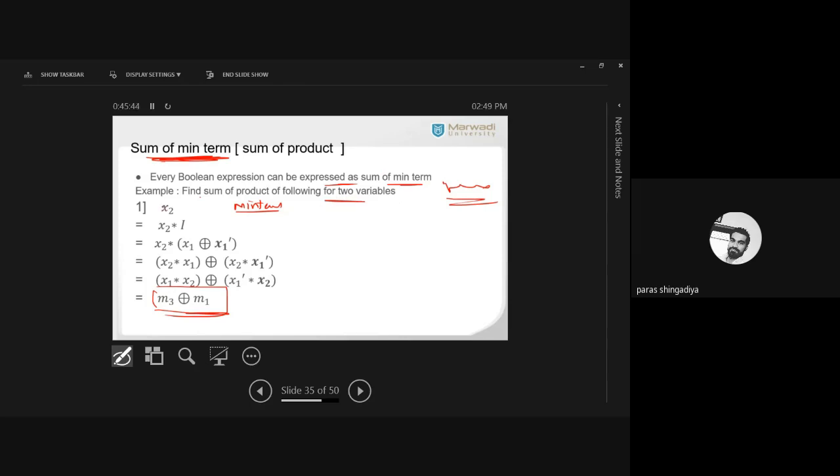ठीक है. So in this question we have one variable given. Question में क्या है? एक ही variable दिया गया. ठीक है. x2 is given. So this concept is asked for the two variable. So we required the second variable. Okay. Here we required the second variable to derive the right answer. So we'll create a second variable which is missing, and then after we'll get one form which involves the two variable, and then after we can apply the formula to get this answer.